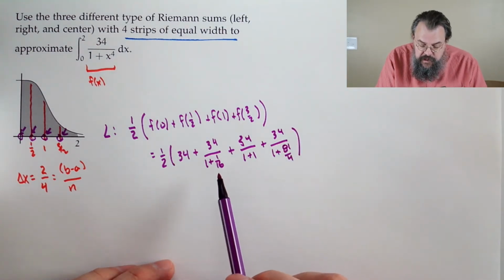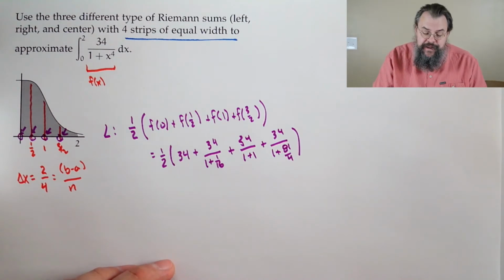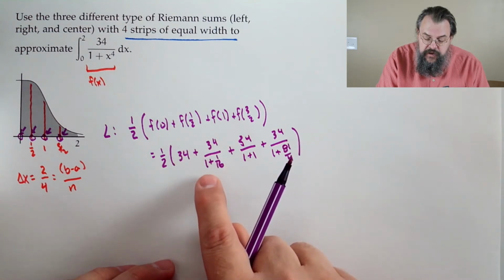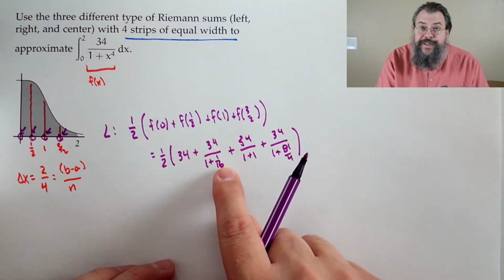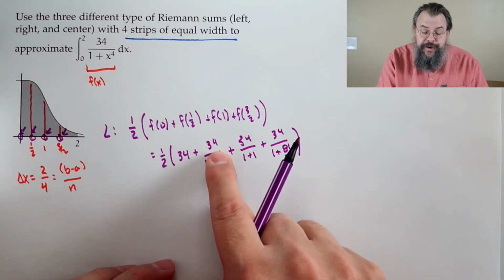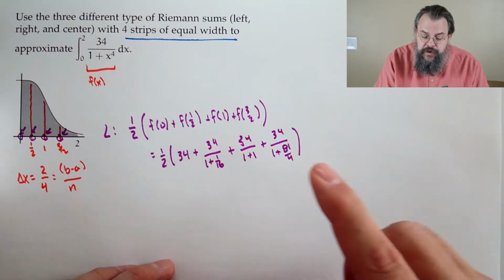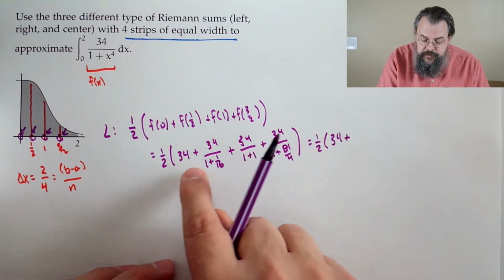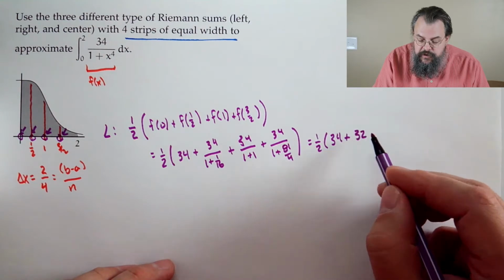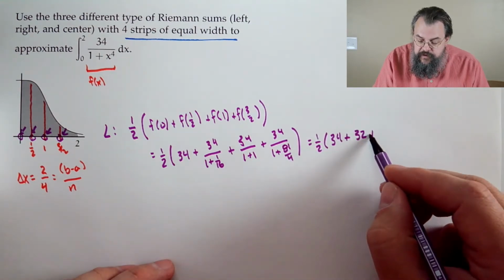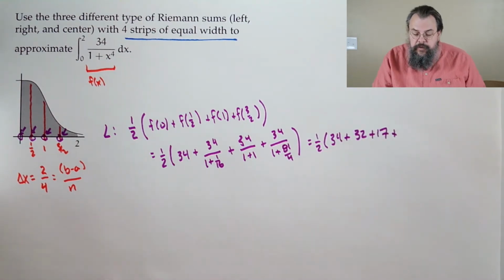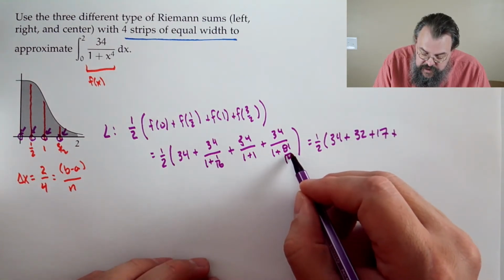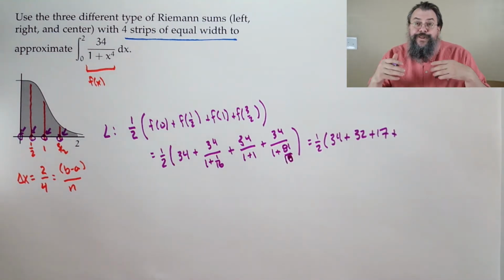Now, if you like, you can do a little bit of cleaning up. That's not so bad. So, for instance, if you multiply top and bottom by 16 here, notice on the denominator you'll get 16 plus 1, which is 17, which goes into 34, and leaves you with the 2. So what ends up happening is you'll get a 34 from the first term. This simplifies to 32. This one simplifies to 17. And then this one, well, whoops, 81, not 81 over 4, 81 over 16,